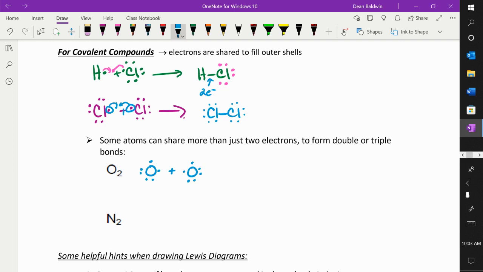Each one wants 8, so it needs 2 more electrons. So oxygen's going to form 2 bonds. What it does is it shares this electron and this electron to form 1 bond. But then this one and this one form another one. So what happens is you get oxygen